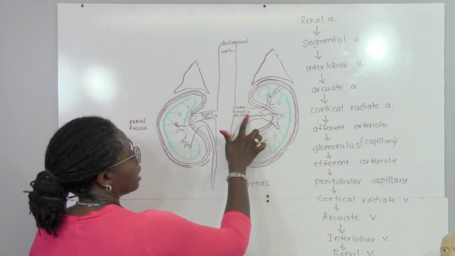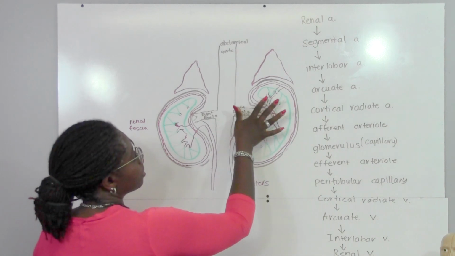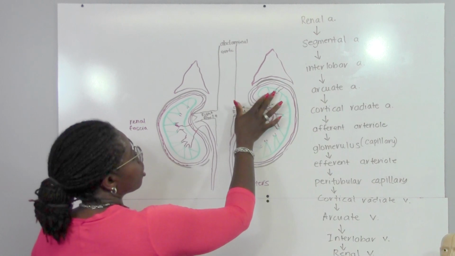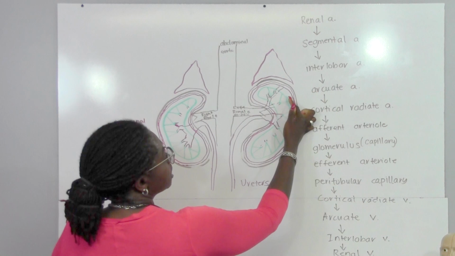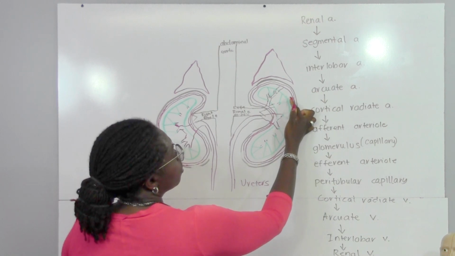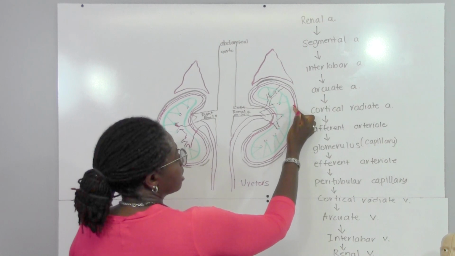So the blood comes in through the renal artery, they branch into segmental, the segmentals branch into interlobar into arcuate, and then the arcuate branch into cortical radiate. Remember, this was the cortex. And so the cortical radiate will then branch into the afferent arteriole that feeds the first capillary bed, the glomerulus,